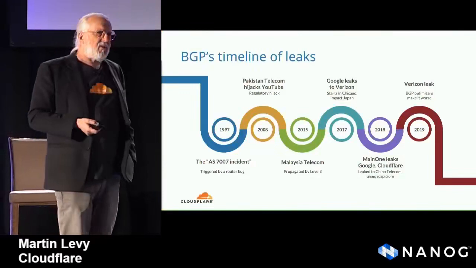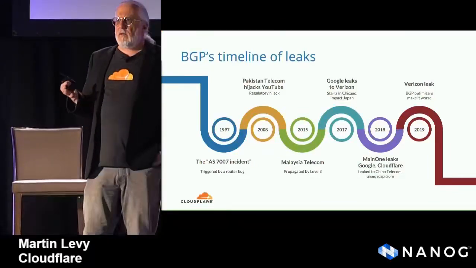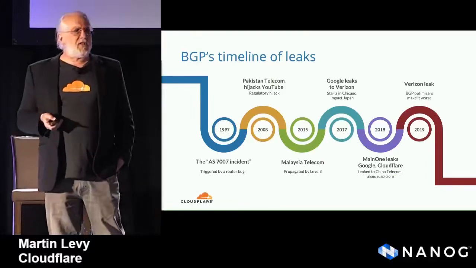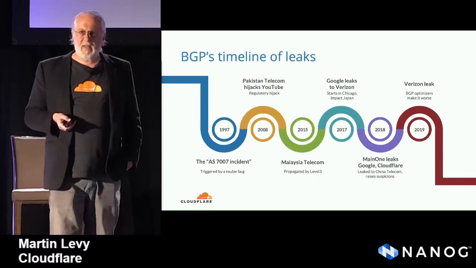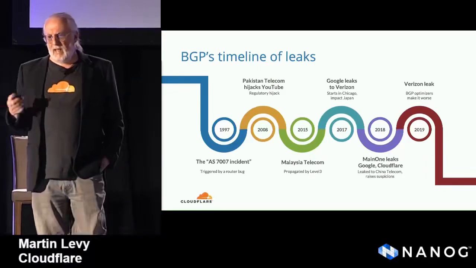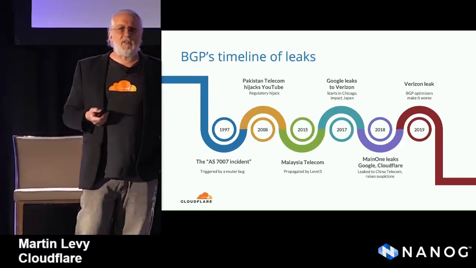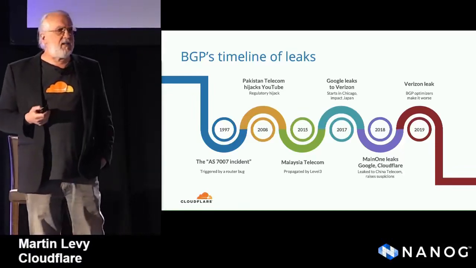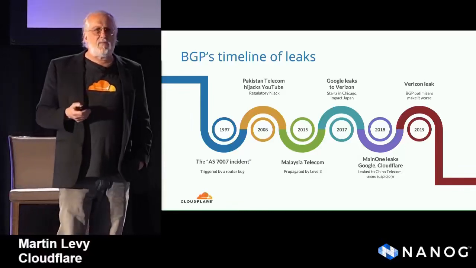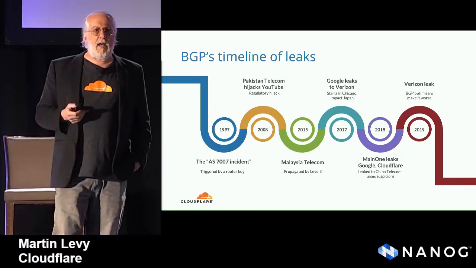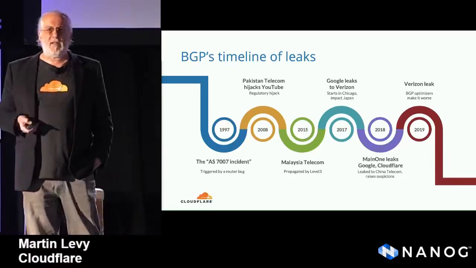This is the sordid history of famous route leaks. I reckon a fairly good percentage of you know some of these, but I'm going to recap it anyway. In 1997, AS7007 did a phenomenally impressive job of completely deaggregating the internet and generated an enormous amount of routes. And it was not a happy day for those people that were on the internet running a BGP router on that day.